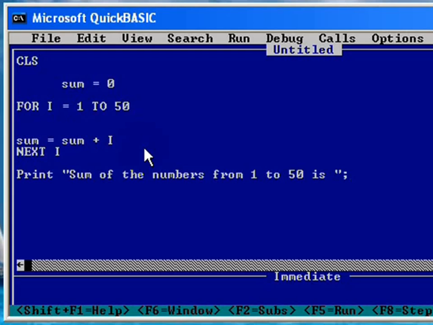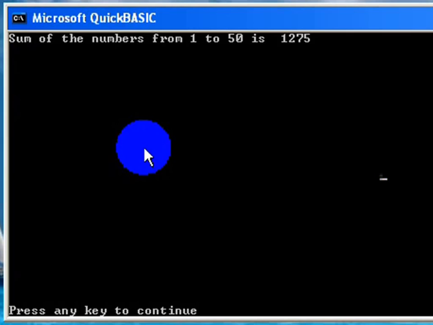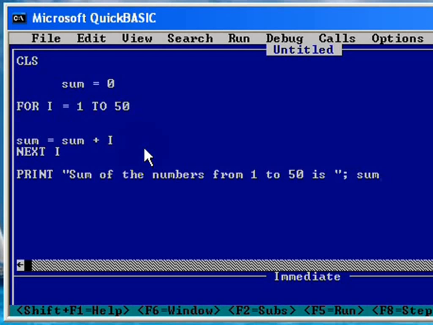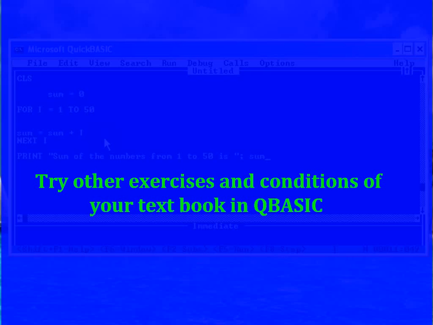Now type the variable sum. Sum holds the value of total sum. F5. See, 1275 is the sum of the numbers from 1 to 50. Press any key to continue. Like this you can work with more